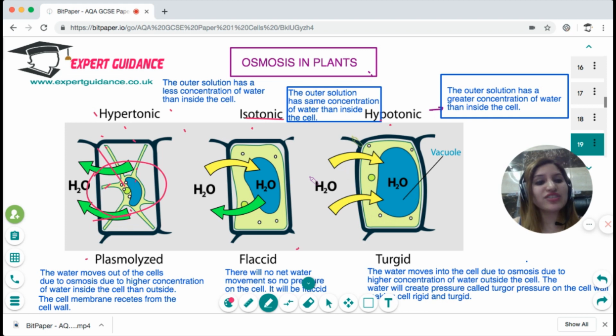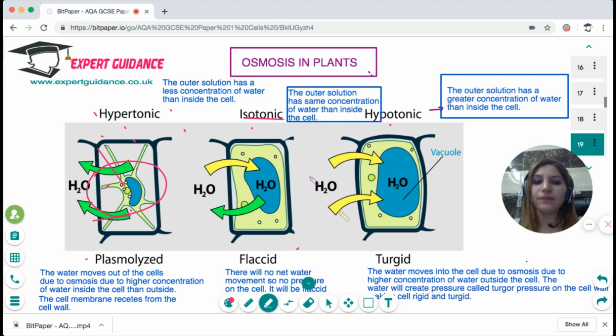On the other hand, when you place it in a hypotonic solution, that is more concentration of water, the water will move into the plant cell by osmosis. Then the plant cell will increase in size, become swollen. As it becomes swollen, it will give a pressure to the cell wall and the cell membrane. That pressure is known as the turgid pressure or the turgor pressure, and that makes the plant cell